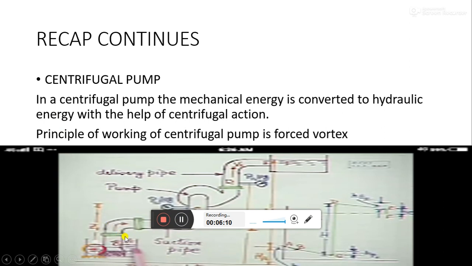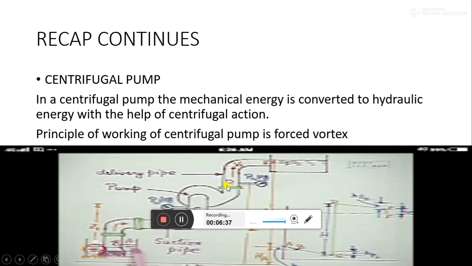Yes, this is point A, which is a high pressure region. This is point B, which is a low pressure region. Then this is point C, which is a high pressure region, and this is point D, which is again a low pressure region. So our aim was to create, see, we know that the pressure at this point is high, this is atmospheric pressure. So our aim is to create a low pressure here so that the water can move from this to this.